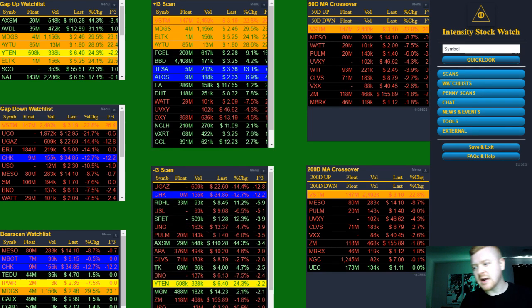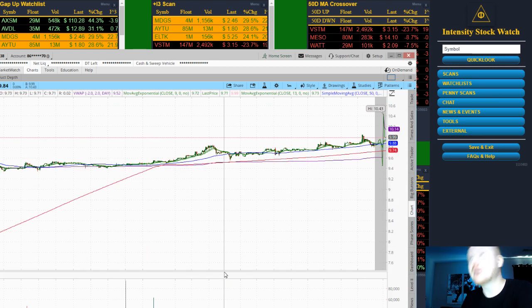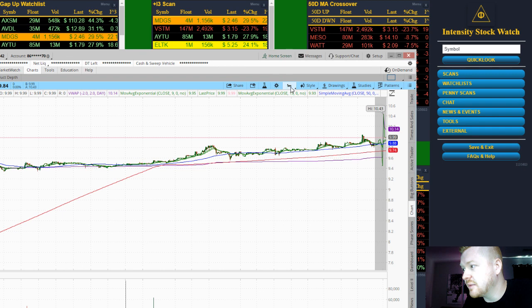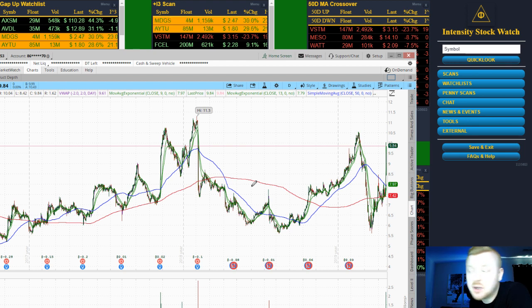There's a couple more I'm looking at off the bear scan watch list. CALX. I do have shorts here. These are lighter on volume, so I'm not 100% guaranteed going to be taking a trade on these. What I'm going to be looking for are many variables to line up, traders. That's what I look for. But what I do like looking at CALX on its past chart history is range. Now, what I mean by range is saying, okay, the stock is up and down like, one of them